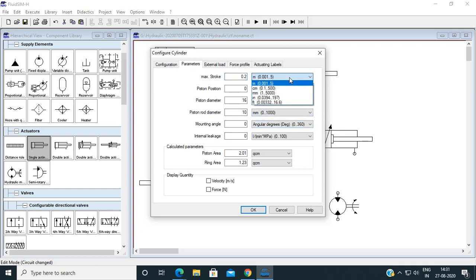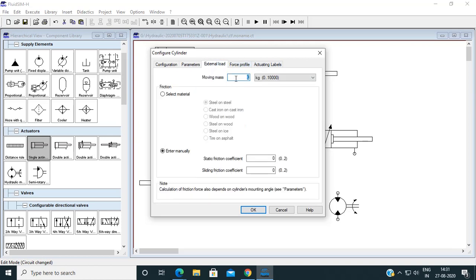All are totally customizable in all units, that is meter, centimeter, mm, inches, feet. Accordingly, the mounting angle you can change in angular degrees or radians. You can show velocity and force of the actuator. So click on it.